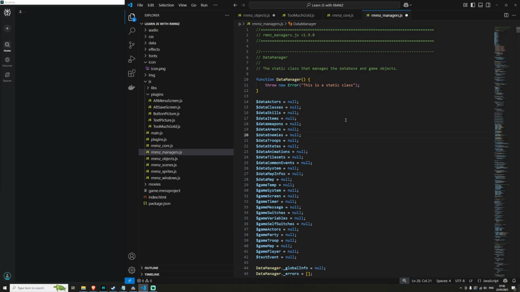This video is going to be just a shallow look at the base code. We're going to look at pretty much 4 different aspects. Most of the base code boils down to these 4 aspects: data objects, game objects, scenes, and windows. So data objects,